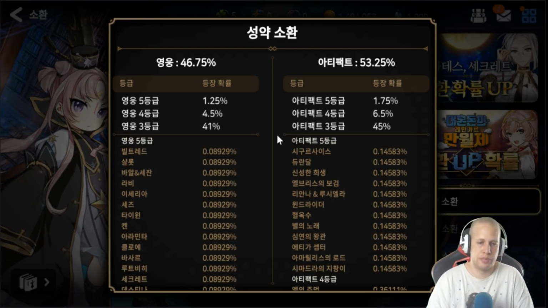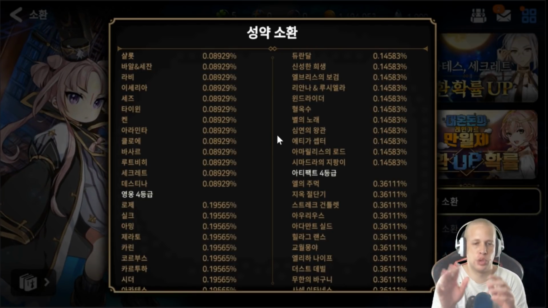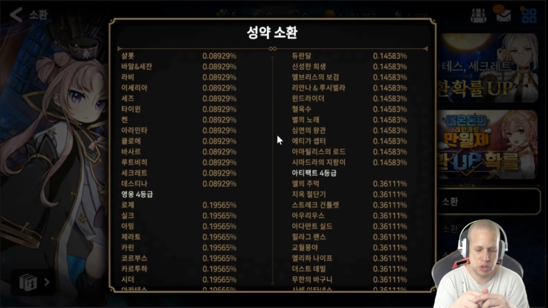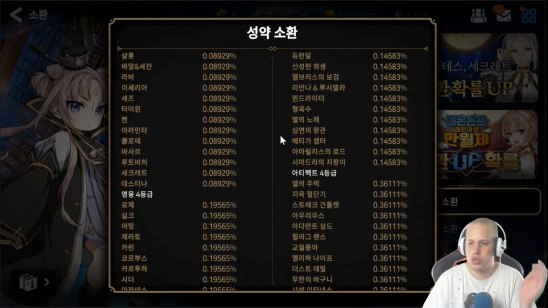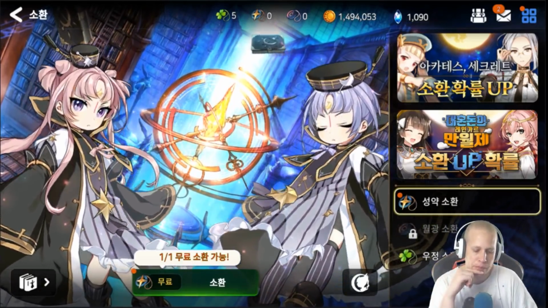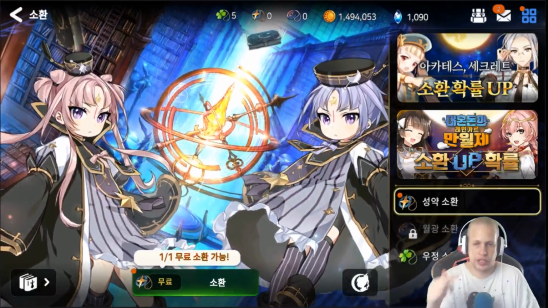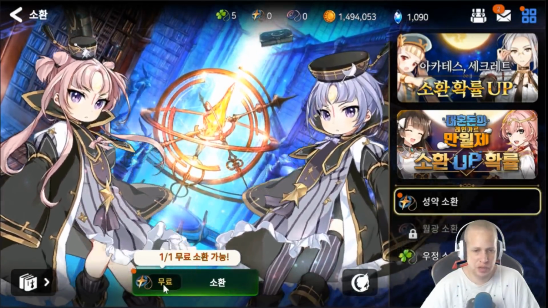Now, you want to pull a 5-star hero, but there are going to be relics too. You can only pull 1 5-star pull per 10 pull on this initial pull. Let me get off this screen. So the way that the starring up system works, let me actually show you a summon. I'm probably not going to get a 5 or 4-star, but